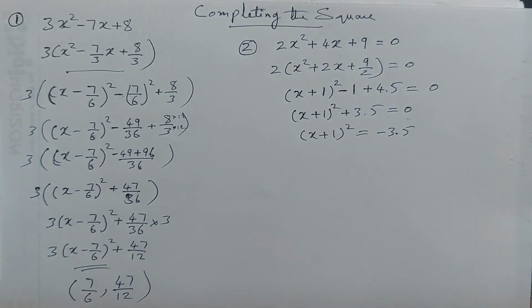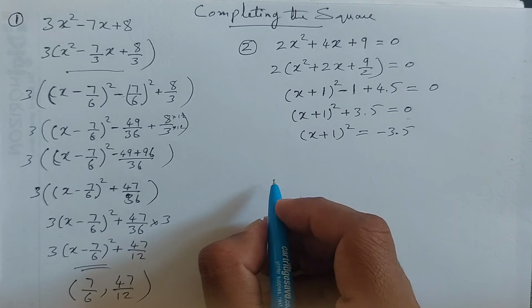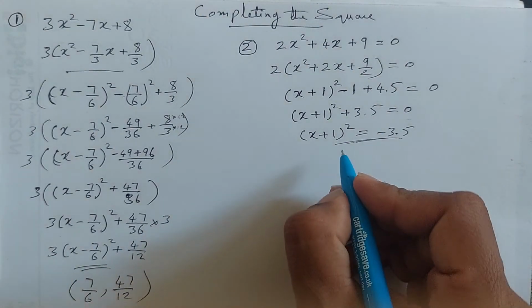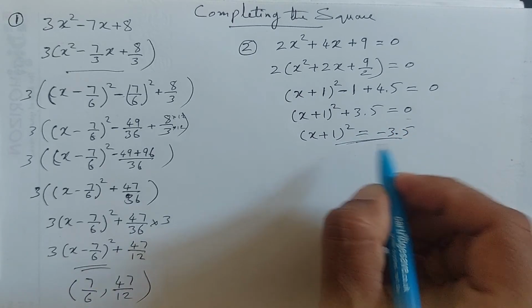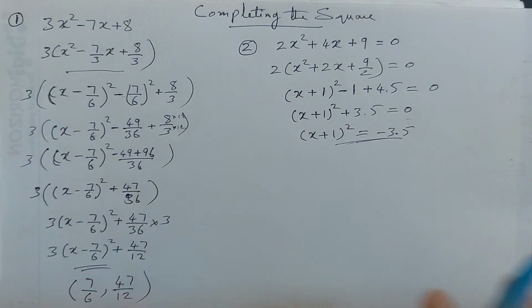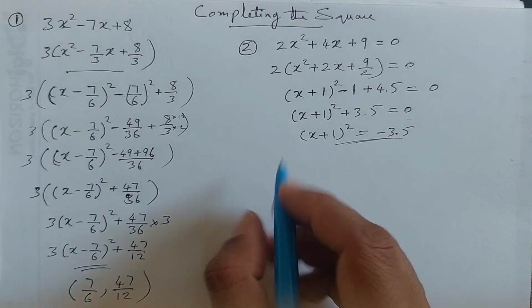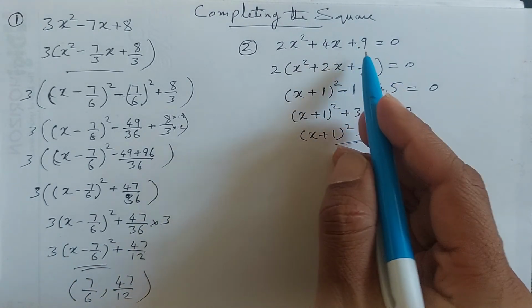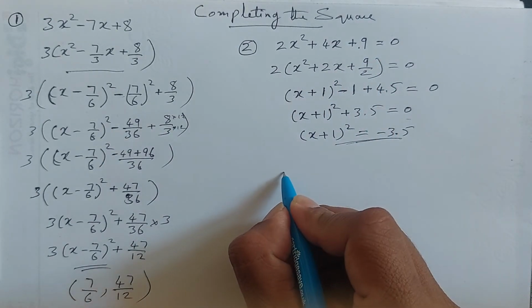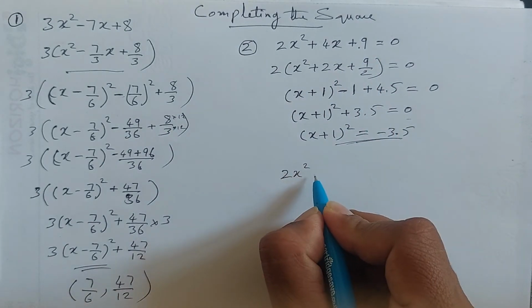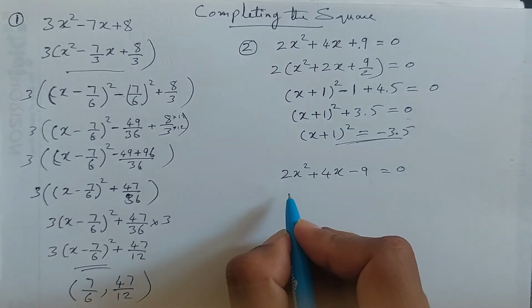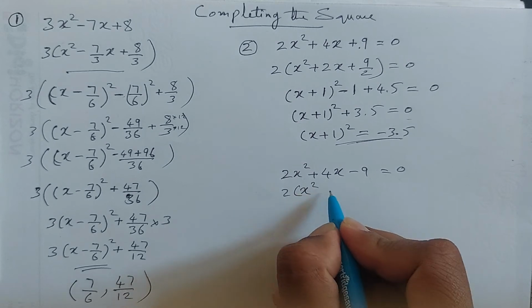That's a stop. If the question was slightly different, like for example, I just thought to show you this negative square root. So negative square root can't be done. So that's you stop it here basically. You can't go any further. But like if the question was slightly different, if this was a negative 9, if the question was something like 2x squared plus 4x minus 9 equals 0, then you take this out,